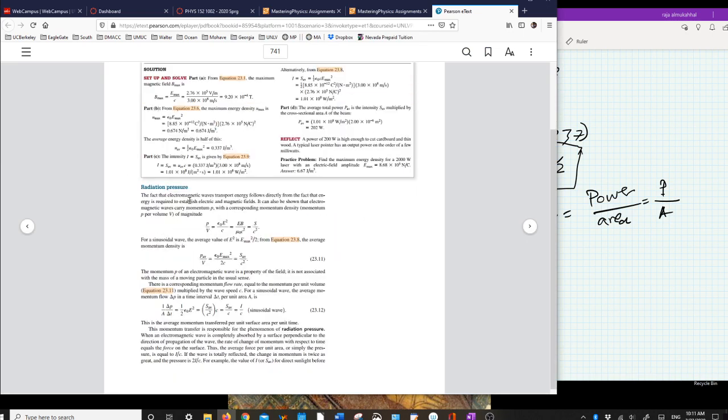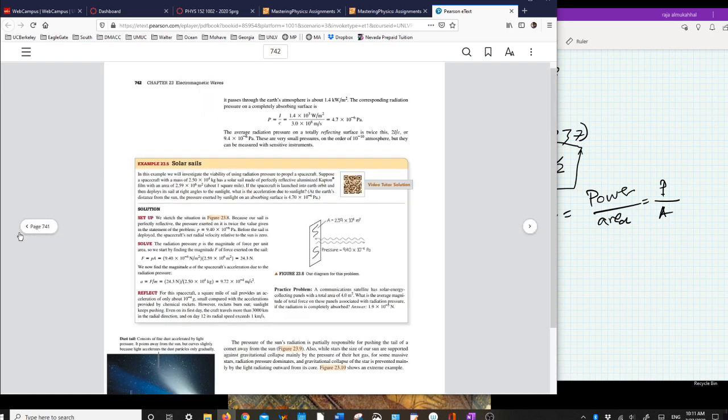Then we have radiation pressure. This is probably the last topic before we get into the optics. The radiation pressure, basically what it says is that electromagnetic waves exert force or pressure on an object. You see what I'm saying? So for example, I believe we talked about the solar sails, and this pressure P,